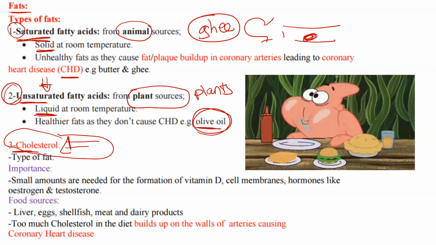Yes, Habiba? Are the saturated and unsaturated fats related to the alkanes and alkenes in organic chemistry? Yes, they are related to the hydrocarbon chain. The saturated ones have the maximum amount of hydrogen atoms and are completely saturated. They don't have double bonds. It's in the unsaturated that they have the double bonds, and they can break and take more hydrogen atoms. Okay, so let's not confuse everyone else.